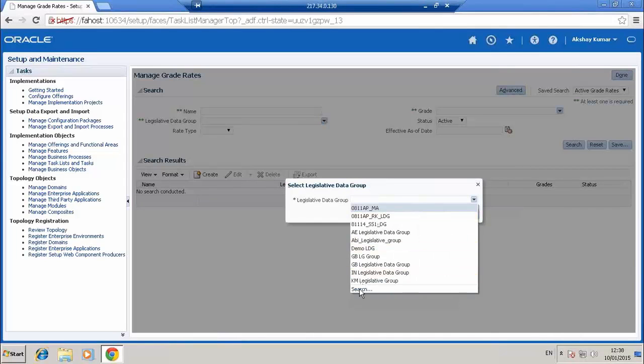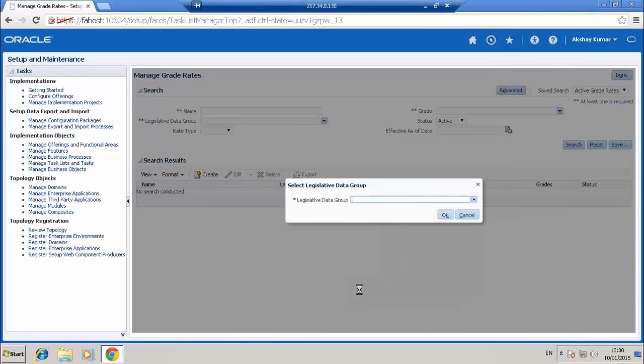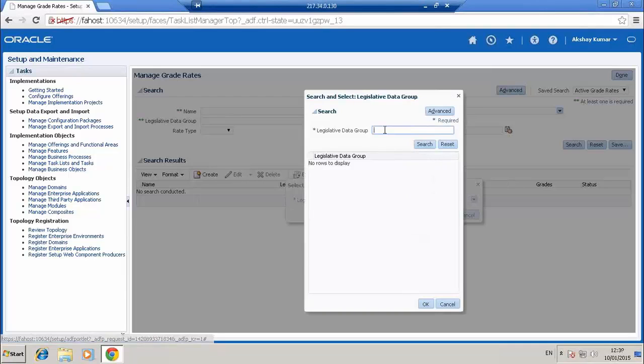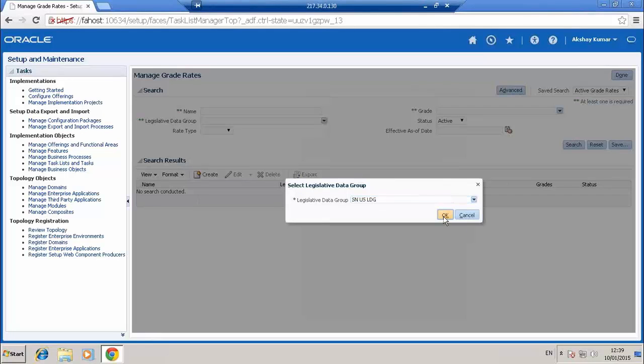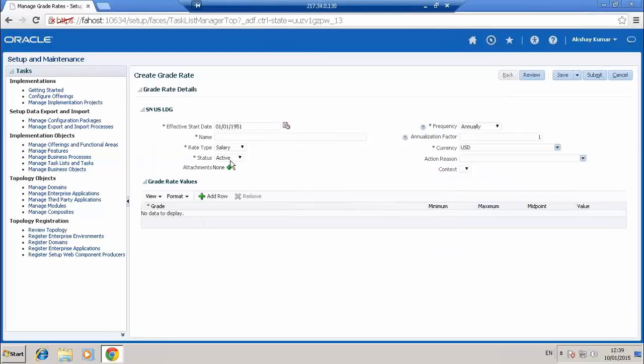So if it is US LDG, then I have to give a rate name, grade rate name.